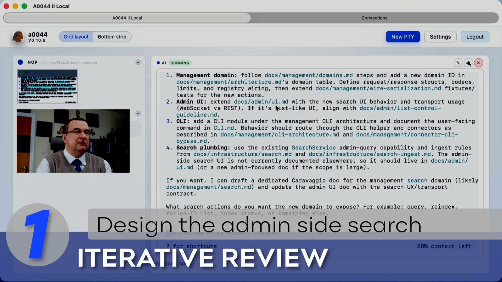So it's saying we can actually directly add it into UI. That's a possibility, so let's think about that. So it is the CLI, and I'm just thinking that we would probably add the command in the CLI document. Okay, so what I would like to do is add a new Caravaggio document in the management subdirectory for the